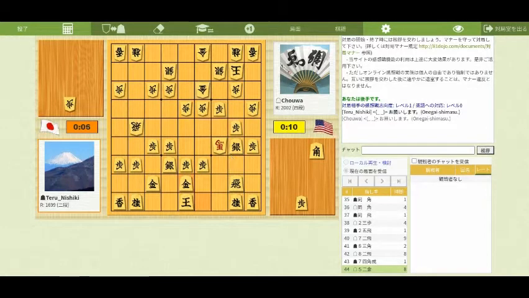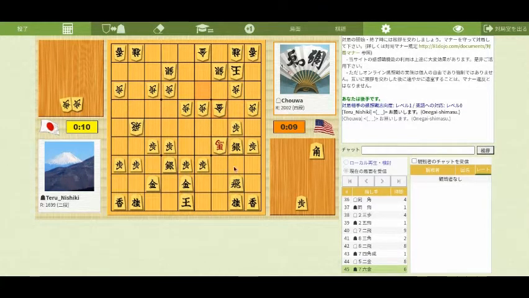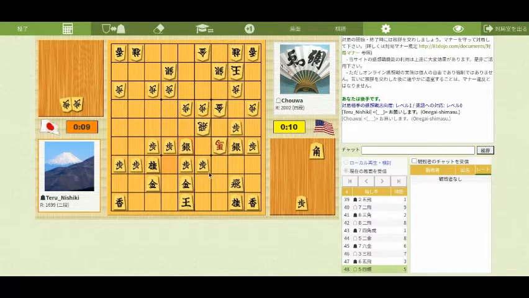I think my opponent's rook is doing a really great job, so I decided to move knight to 7-7. He escaped rook to 4-5, but actually this was not good. Here's the reason why. I moved silver to 5-6 and rook to 9-5. Then pawn to 9-6, rook to 9-4,